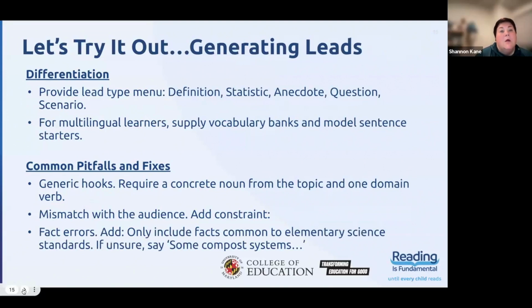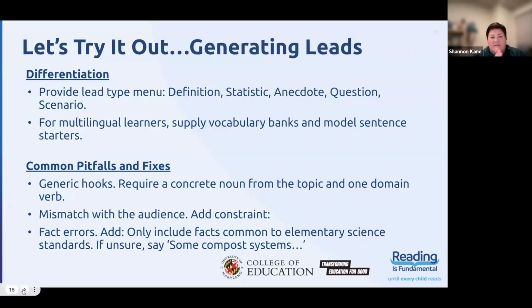And so here you would want your students to really, this to me is the ultimate revising tool around multiple openings, and selecting one that fits best for their purpose and audience, right? And so you could clarify, you go into AI and you say, explain composting for fifth graders, right? And so it produces something, or maybe you give it something. And then you would say, create 3 leads for this article for fifth graders, one starting with a fact, one a scenario, and one a question, right?